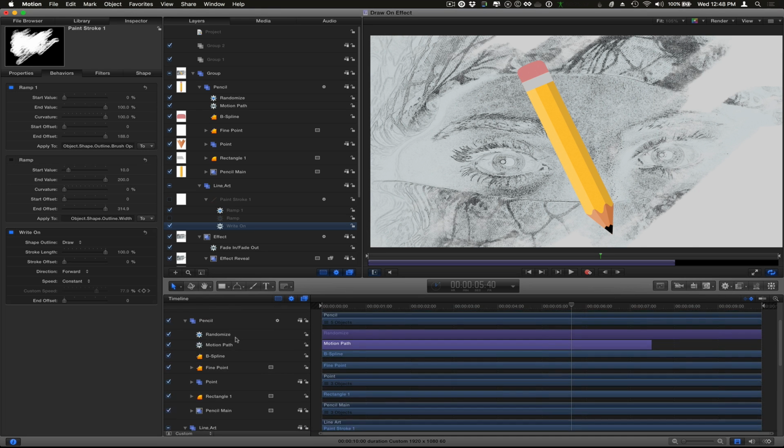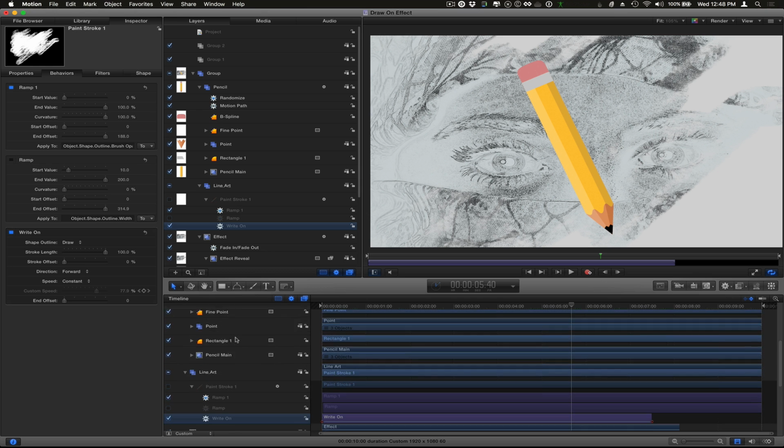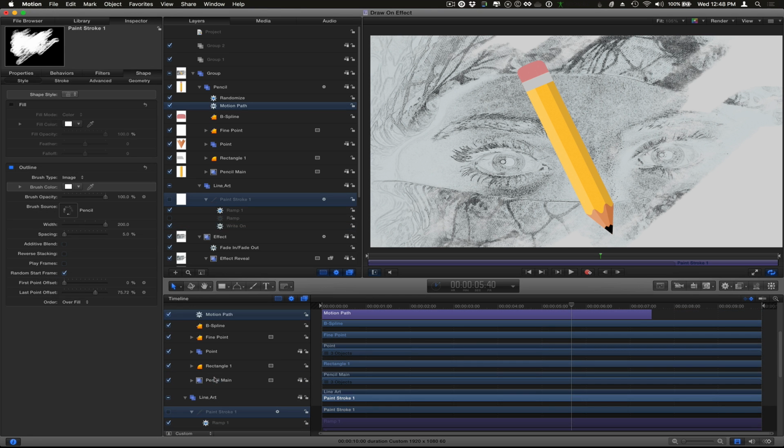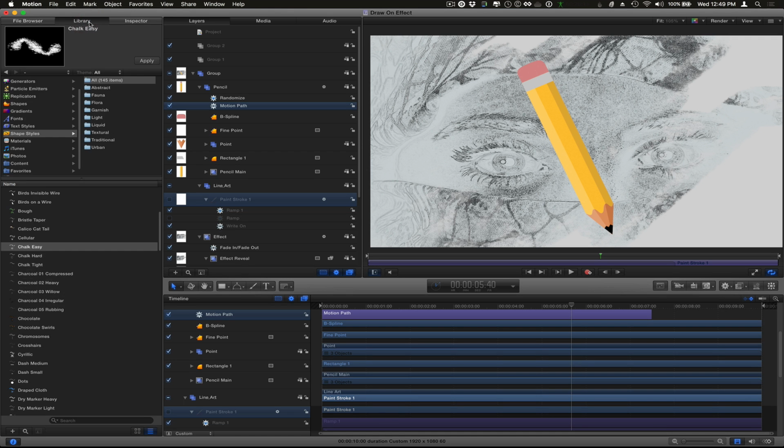And I did actually, what is the pen Lineart? Here we go. If I go into the paint stroke and I go into the inspector, you'll see that I changed the brush type to image. And once I did that, I can go into the library, and then I can use whatever